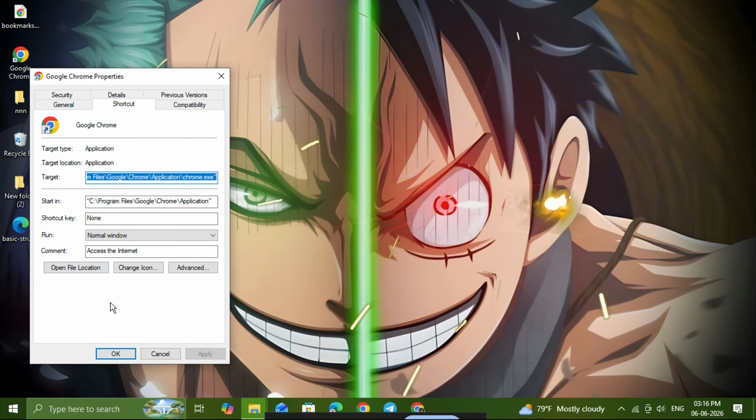Now make sure you are on the Shortcut tab and look for the field labelled Target. This is the line that tells Windows how Chrome should open. Click inside the target box, then scroll all the way to the very end of the text. After the existing text, add one single space. Then paste this exact command line flag. --disable-features=DownloadBubble. Make sure it is typed exactly as shown because even a small mistake can stop it